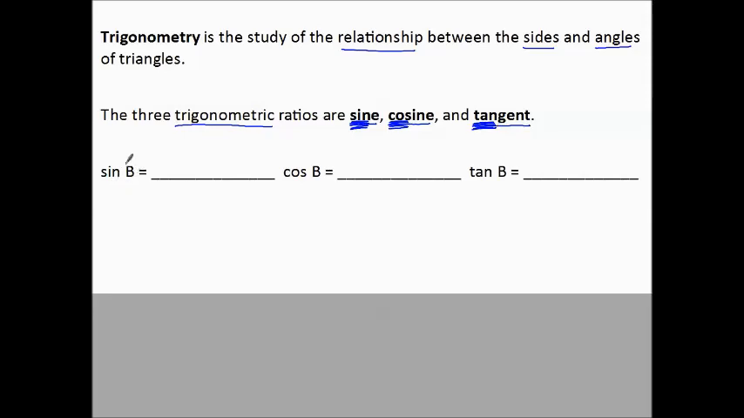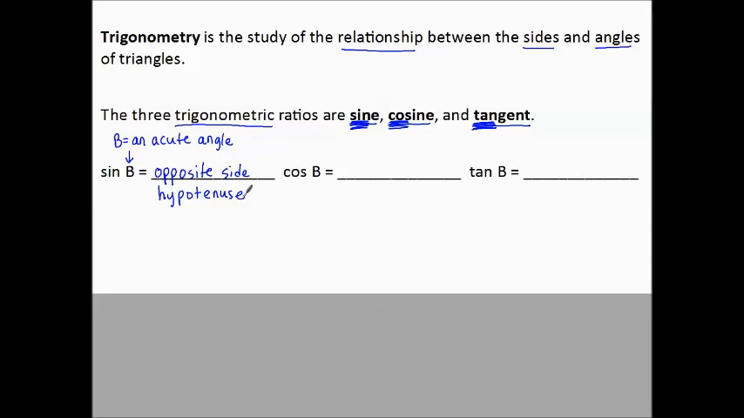So B is representing an angle. B is an angle in a right triangle. In fact, we can do better than that and say it's one of the acute angles of a right triangle. So the sine of angle B is represented by the ratio of the opposite side from angle B and the hypotenuse